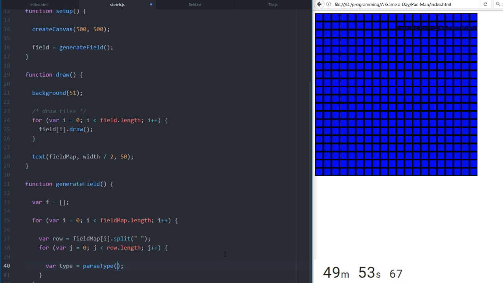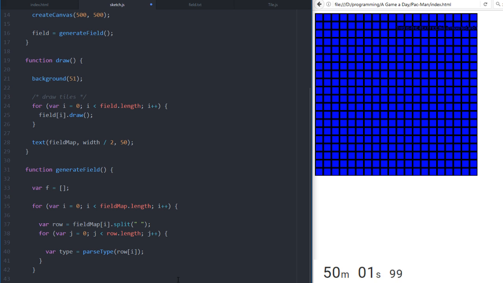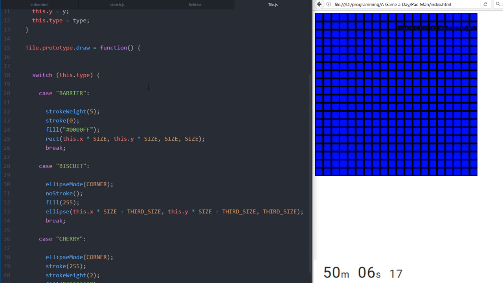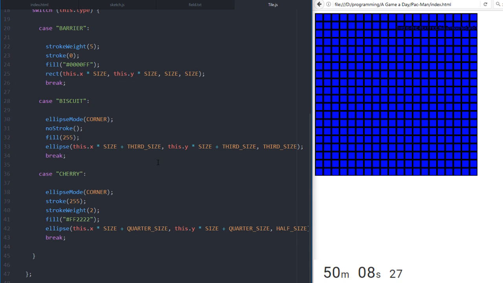We're just gonna pass parse type, row of I, and then we will say function. Actually, no, we are gonna do this within tile.js. Can we just say function parse type t, or actually,